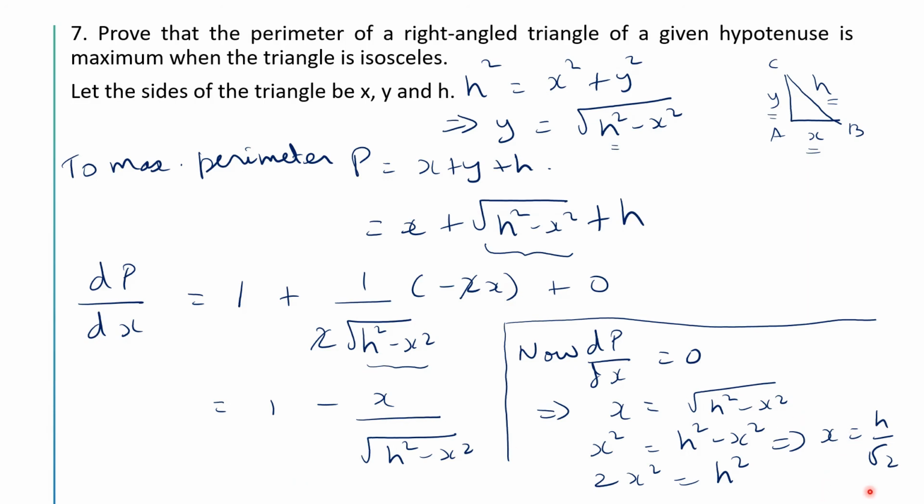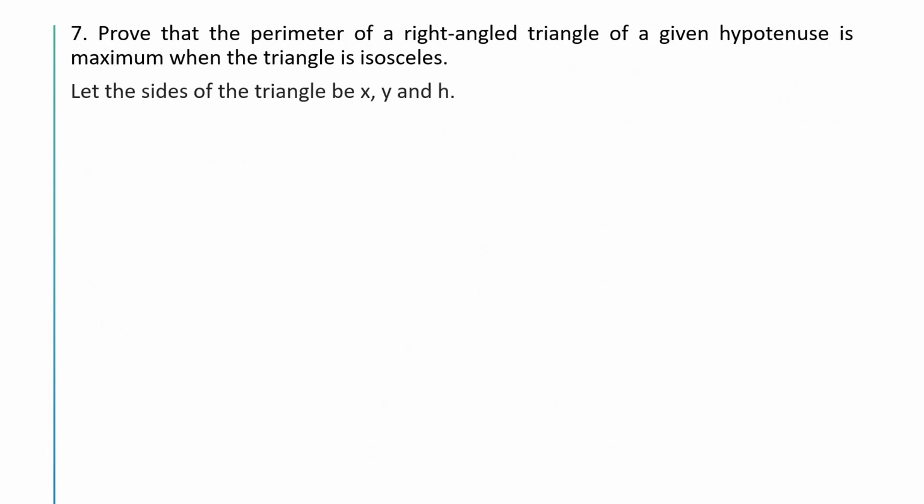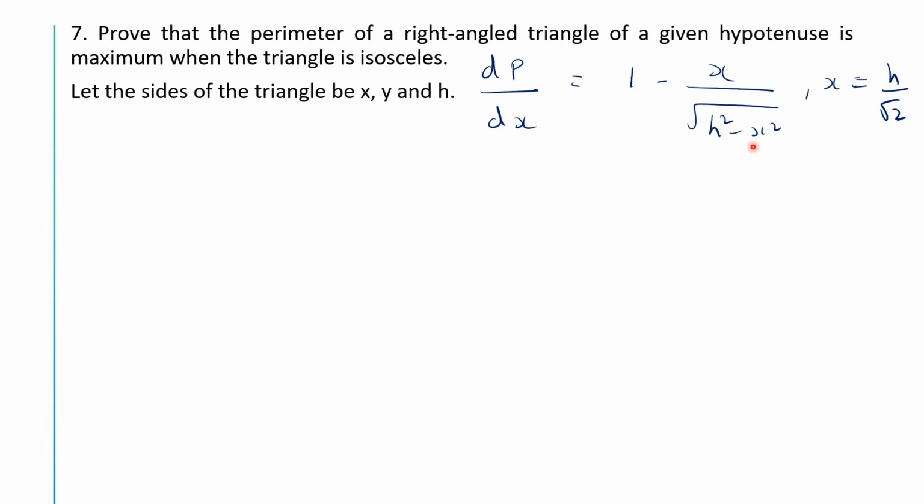Now we will see whether x is equal to h by root 2 is a point of maxima using the second derivative test. For that we have to differentiate dp by dx. So we got dp by dx as 1 minus x by root of h square minus x square, and on equating this to 0 we got x is equal to h by root 2 as the critical point. Now we will find d square p by dx square. So d square p by dx square equal to 0 minus of,